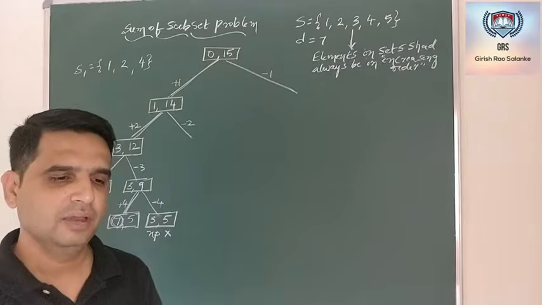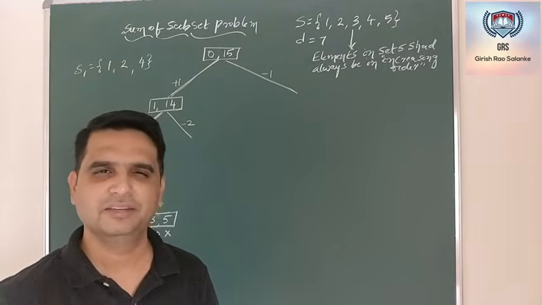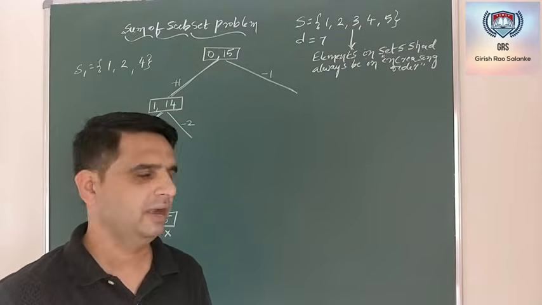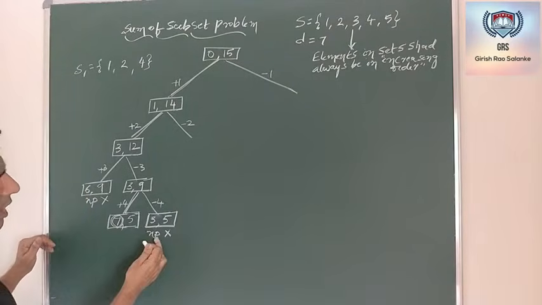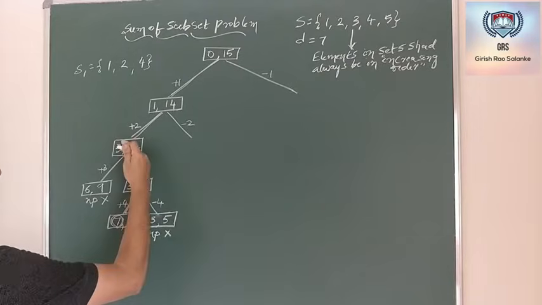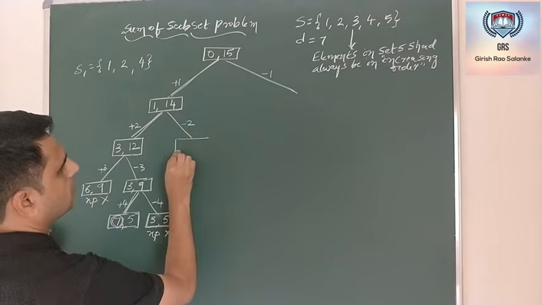In case of algorithms, there is one more term by the name NP completeness, wherein we generally use the uppercase characters N and P. N and P have a different meaning. To denote the non-promising node, I am using small np. Now from this, I am not able to get the solution. I will backtrack here, and now I will go to this.